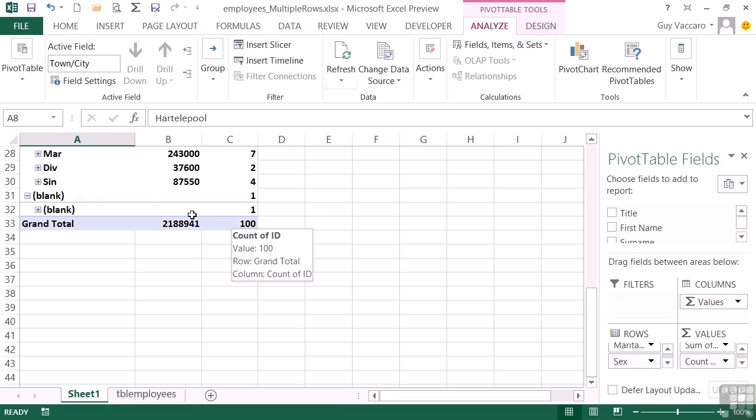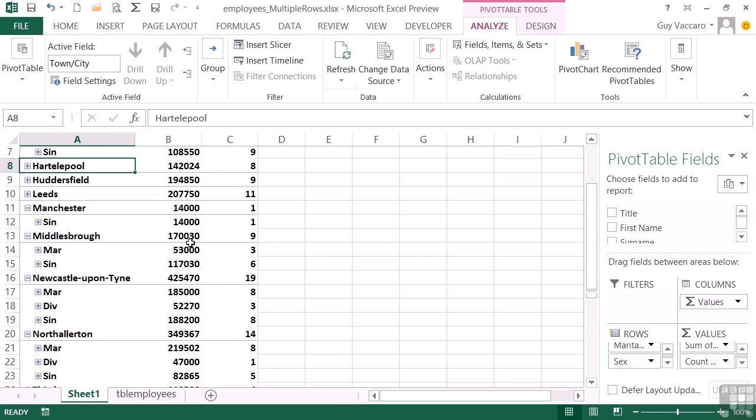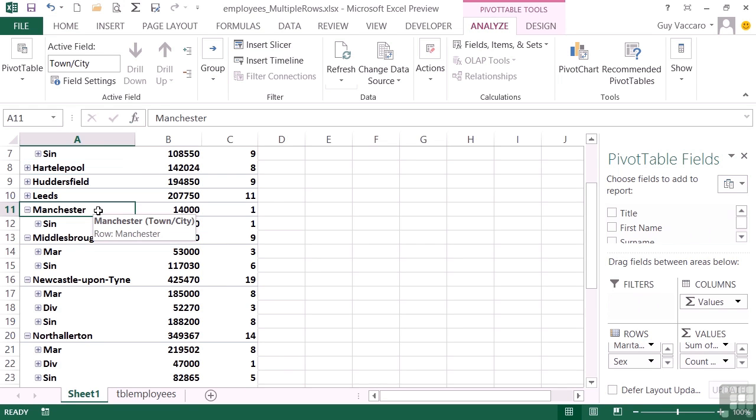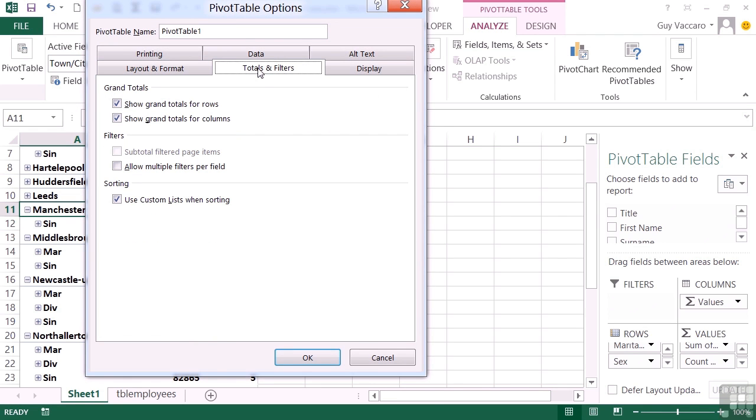And here it's adding up the total salary and the total number of employees, count of the ID. Now, if you don't wish to have grand totals, then that's a simple option change in the pivot table options. So within the pivot table, with your pivot table tools ribbon and analyze activated, we go across the pivot table on the left here and choose options. In the totals and filters, we can remove the tick that says show grand